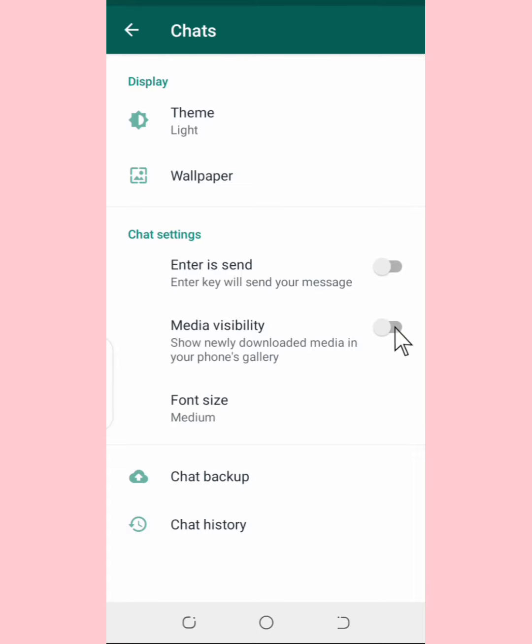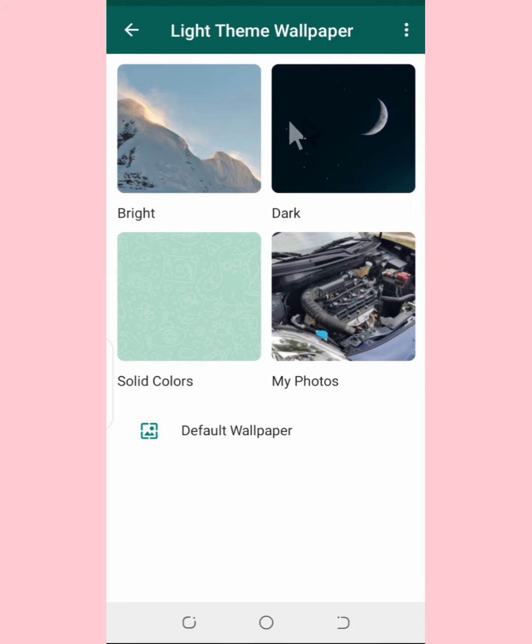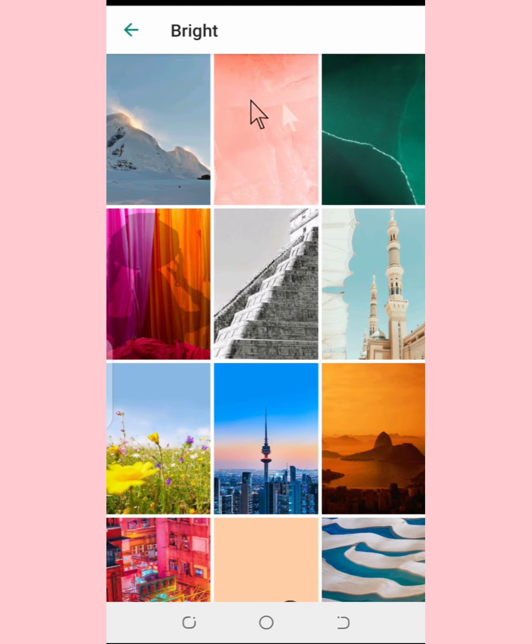Okay guys, so the next I'm going to show you is the wallpaper feature. Still on the same line where the theme is, just go here to the wallpaper. Okay, so this is the wallpaper we already have here. So if you want to change it, you can tap on change. Okay, then you can choose any of this wallpaper. Take for instance, if I want this, what I'm going to do is to tap on it and choose any theme I want here. Okay, take for instance, if I want to choose this theme, I tap on this theme.